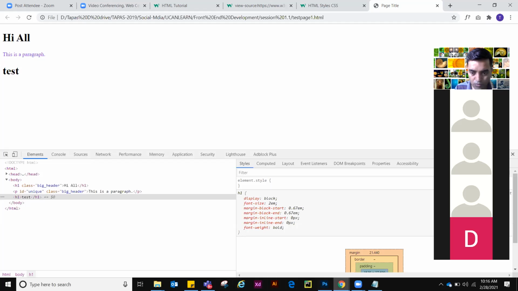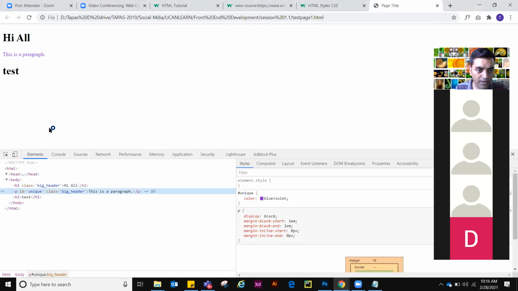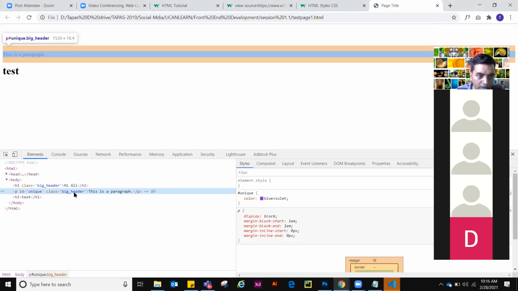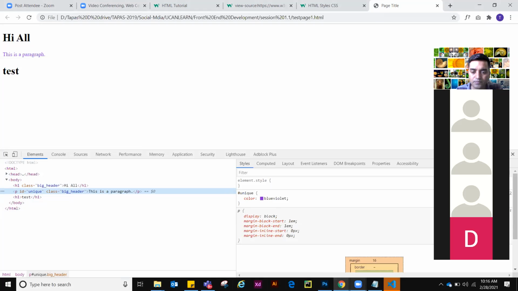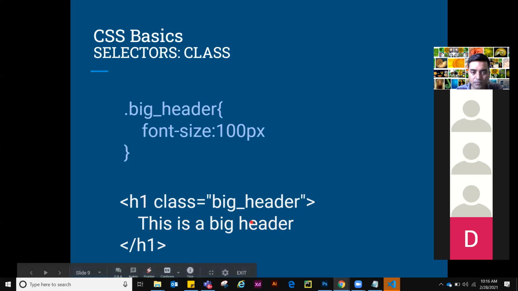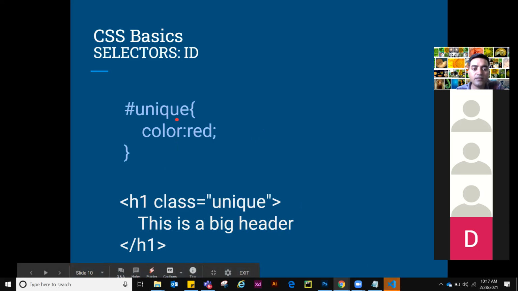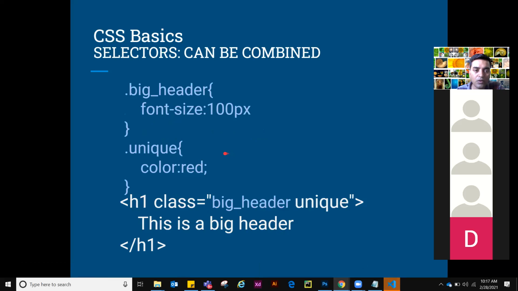So what I was explaining is that yes, you can use multiple classes. You can reuse a class. So this is what, like this one. Okay, it can be reused.